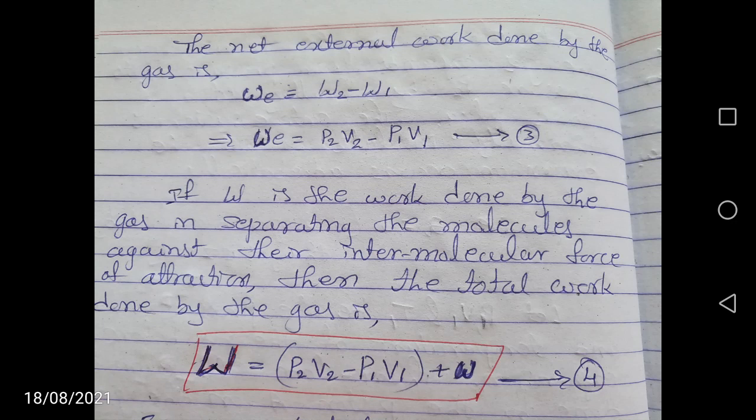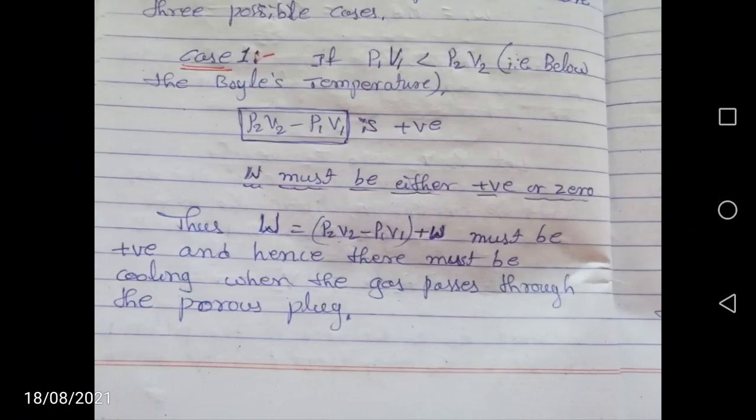If w is the work done by the gas in separating the molecules against their intermolecular force of attraction, then the total work done by the gas is equal to WE plus w. WE is equal to P2 V2 minus P1 V1, plus w. So this is the total work done by the gas. Now there are three possible cases